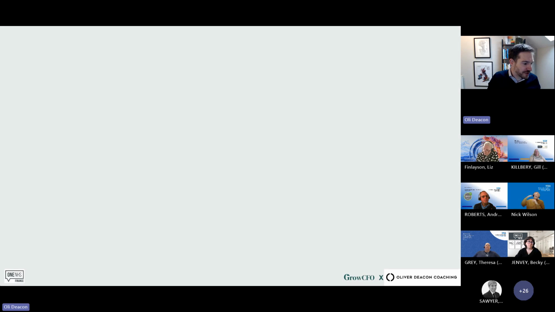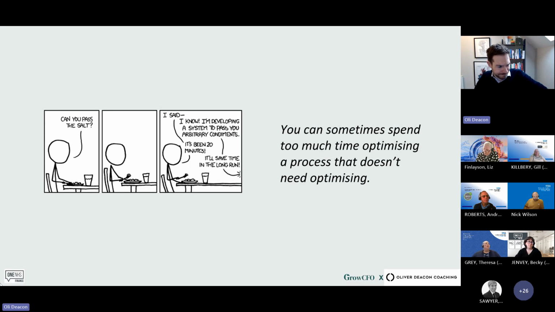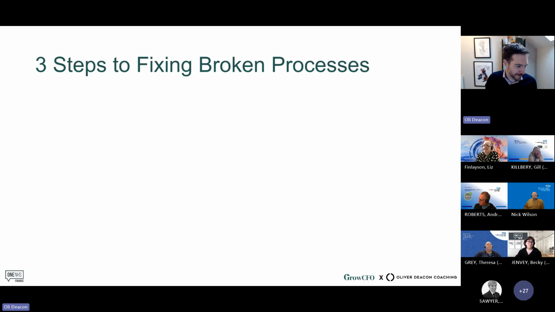Okay, little cartoon for you right here. You can have a read of this. I'm going to say, folks, this happens embarrassingly too often in my household between myself and my wife, where my wife is the person asking for the salt, and I am delaying for 20 minutes because I'm trying to figure out a process for this. So again, sometimes we do spend too much time optimizing our processes, but today, across the NHS, there are so many processes that are possible to be automated, and that is what we are going to be taking a look at today.